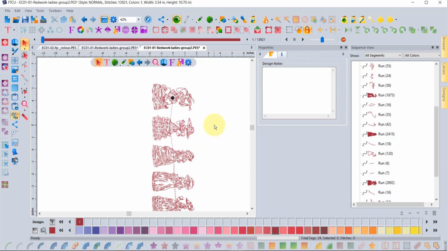The only thing is, understand that when you convert the original stitches into shapes, it does allow the software to make new shapes and therefore new stitches. And so you'll be dealing with stitches that were made by the Floriani software as opposed to the original stitches. I didn't really mean to change the stitching of the redwork ladies in any way, I simply wanted to take one of the ladies out of the group. And so